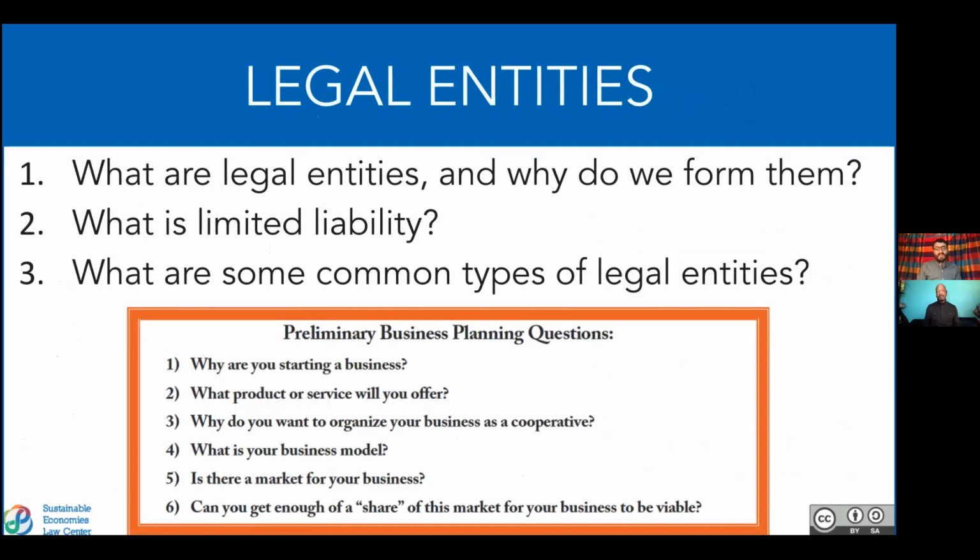So, legal entities. What are legal entities and why do we form them? What is limited liability? That is something we're going to cover. And what are some common types of legal entities for California worker cooperatives? I want to note that I might be flying through some of these issues, some really meaty topics, because we have a lot to cover. I just want to frame the conversation so that you can understand what questions to ask yourself and start working on this in an informed way, and then have those deeper dive discussions either after this or with an attorney at maybe one of our legal cafes, which I can talk more about later.